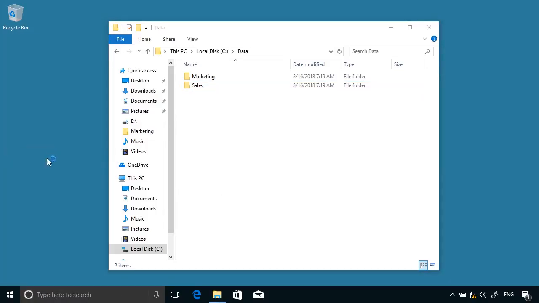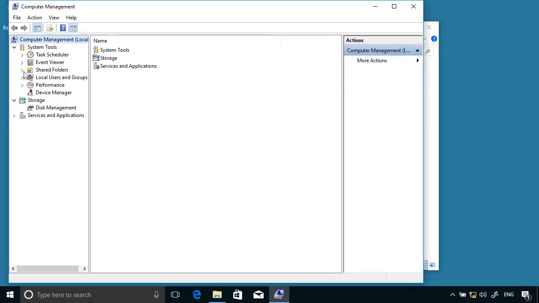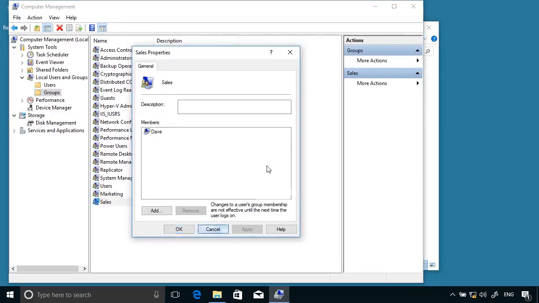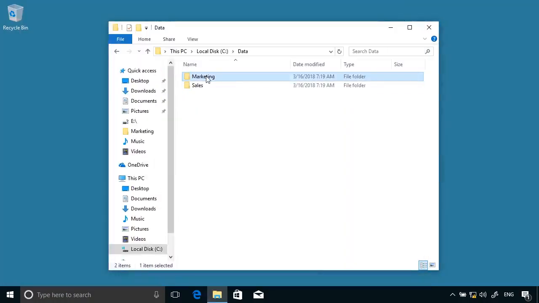Let's open up computer management and click on local users and groups. If I click on groups, I've got sales and marketing. Who belongs to marketing? Sally. And under sales, I've got Dave. So let's look at the marketing,